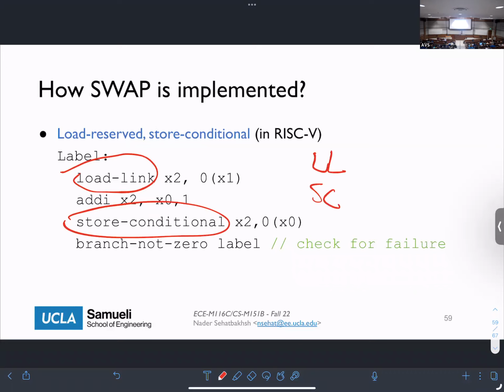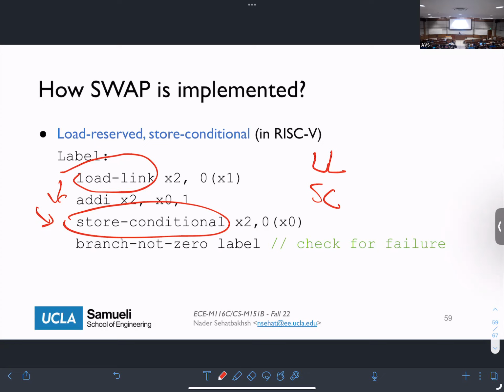So this LL means that, remember we had JALR that we read and link something to some address? So this is kind of similar. What it says is that I'm going to read this address, then start doing something you want with it, and then write to the same address, okay? Similar to the load and store. The only difference is that if in between these two instructions, that address has been updated by other cores, I'm going to know this, and I'm not going to store this value to that address, okay?